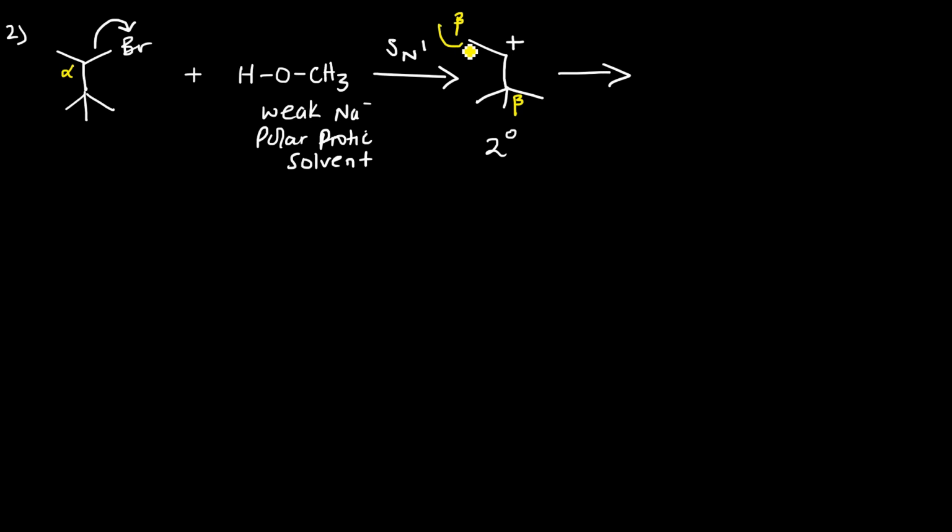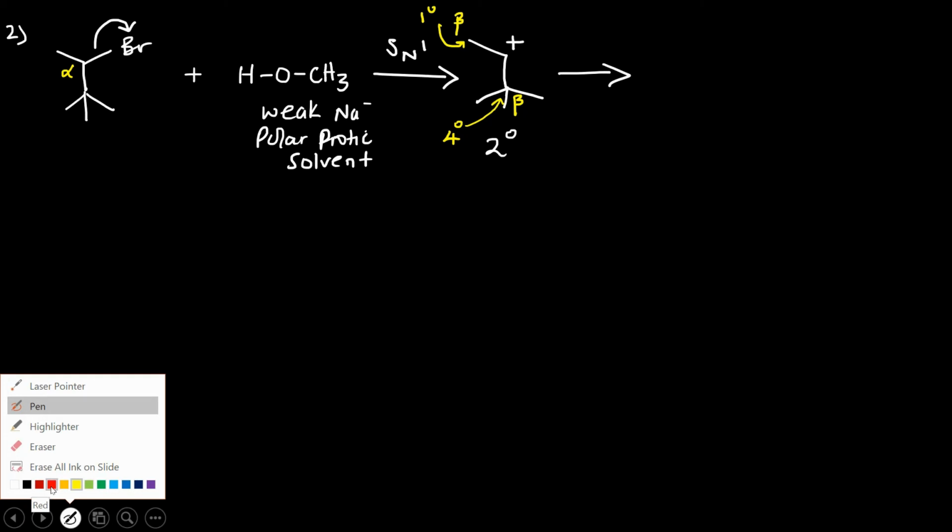Okay? This carbon right here is a primary. This carbon right there is a quaternary. It's bonded to 4 other carbons, including the C+. So one would want to do a shift because it's possible to do a shift. You have a higher degree carbon, so to speak. So the shift in this case